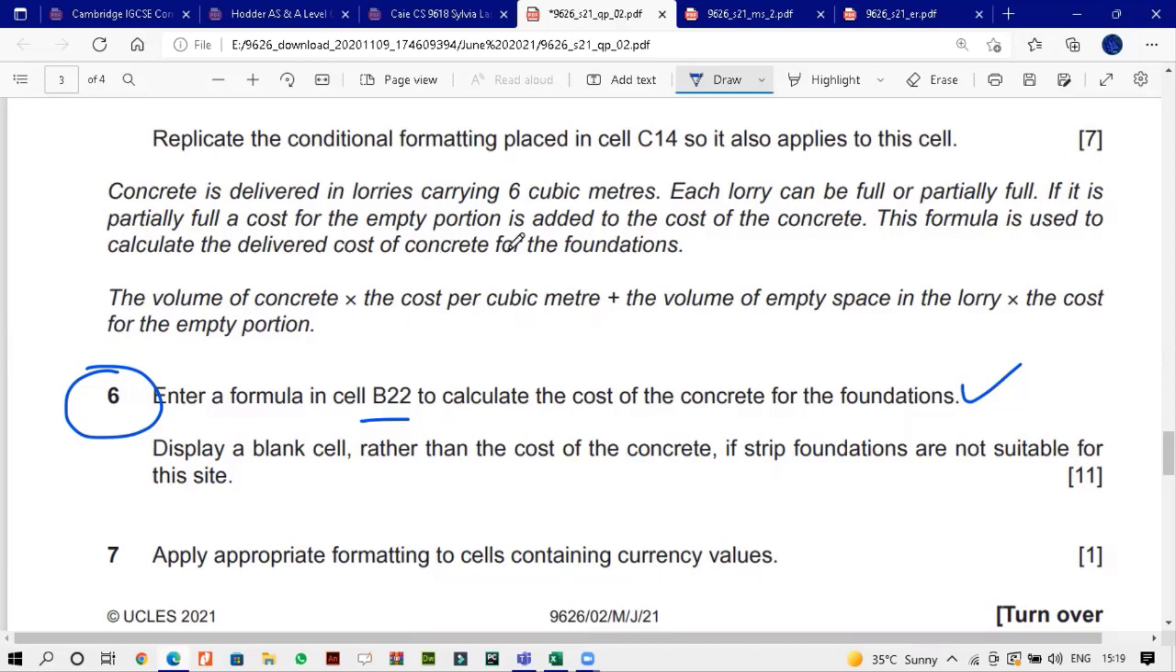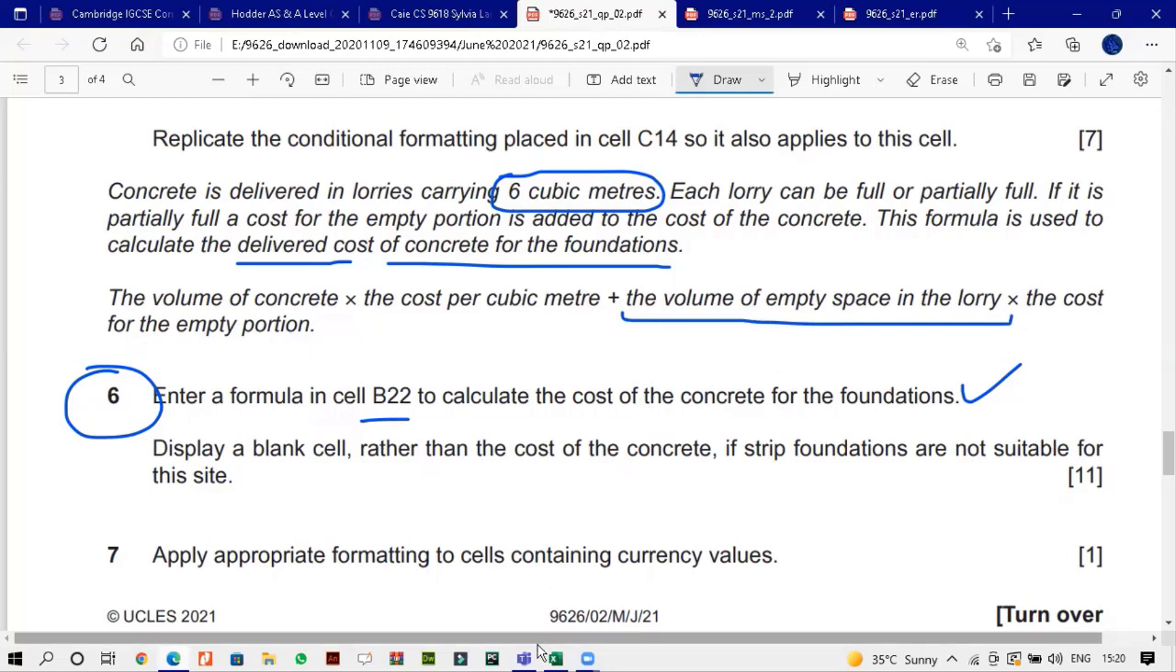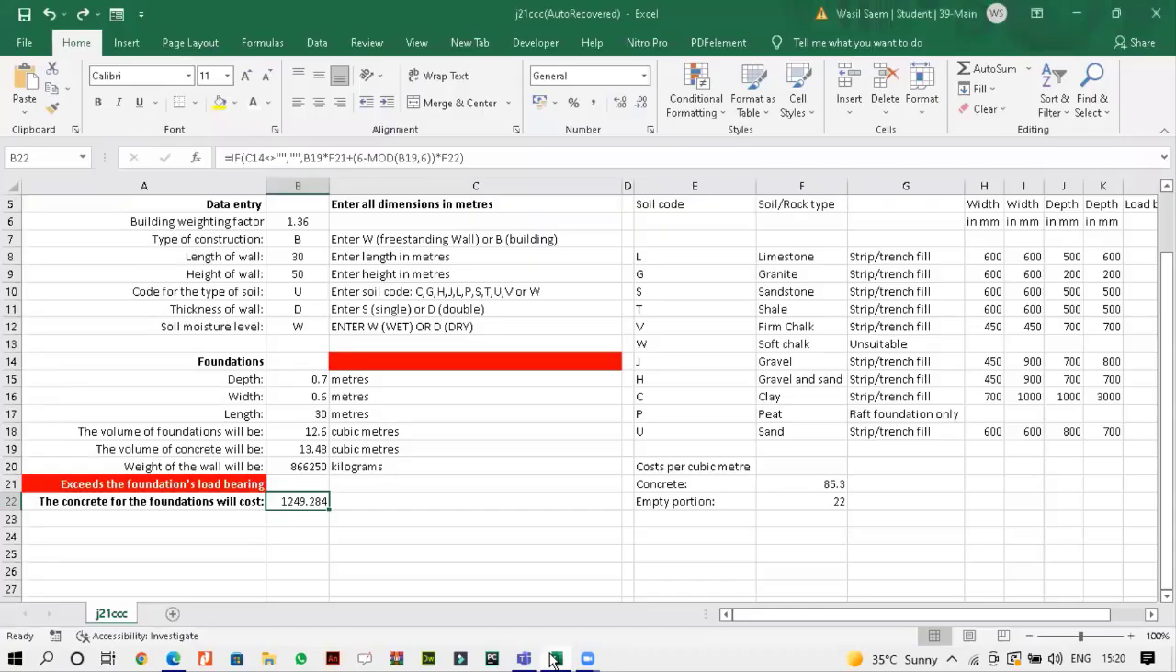You know that a lorry can carry 6 cubic meters, right? So we need to find out how much space is left. They have told us that this formula is used to calculate the delivered cost for concrete for the foundations: volume of concrete multiplied by the cost per cubic meter, plus the volume of empty space. For this, we have to use the model, the cost of the empty portion. So you can see over here what we have done is